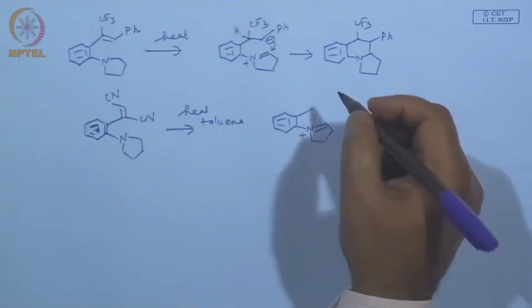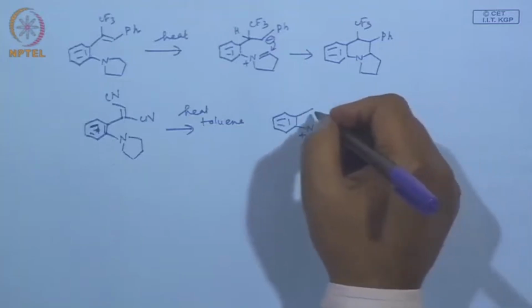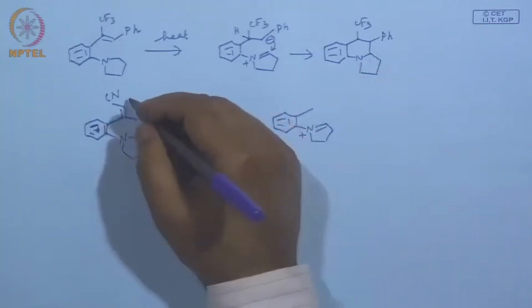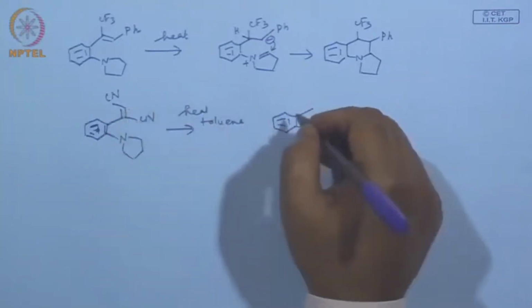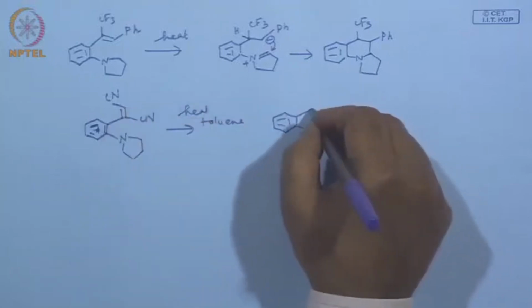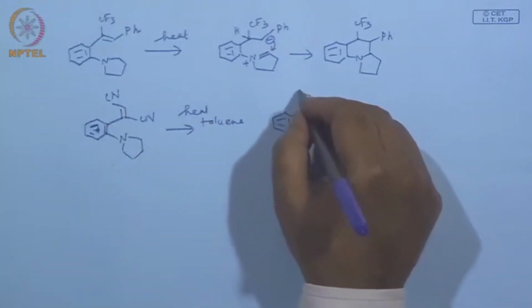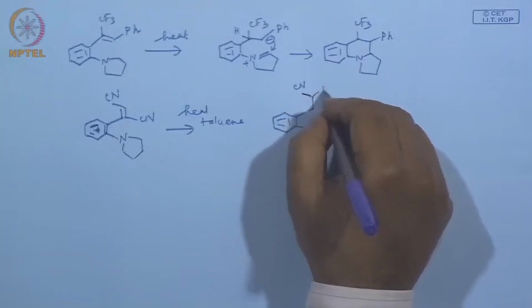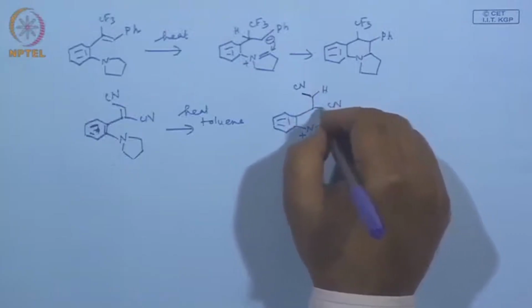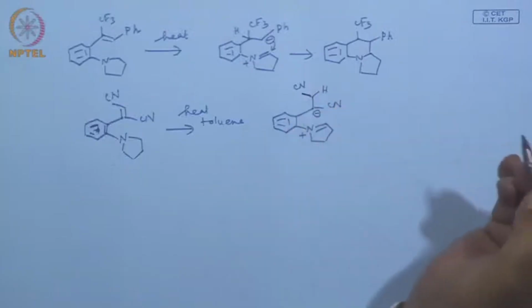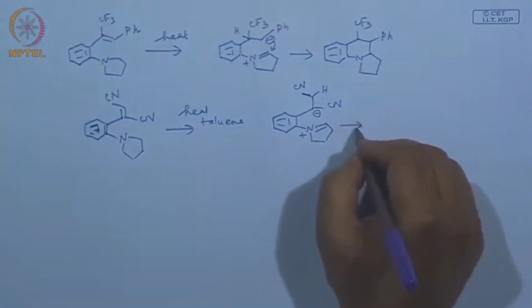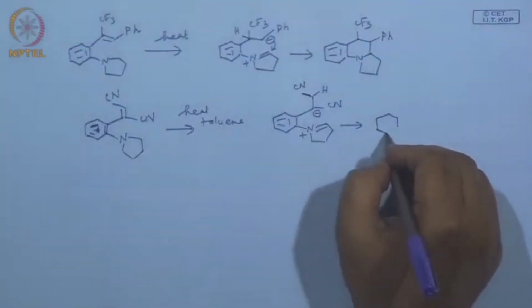So, since I know the answer, I should say that the product is a 5-member ring. But from my experience, I can say that sometimes the hydride addition takes place from the less hindered side. So, if the hydride is shifted to the cyano without a substituent, you get the carbanion formation here next to the benzene ring. So, the product is right,